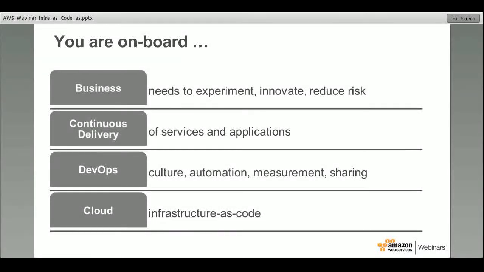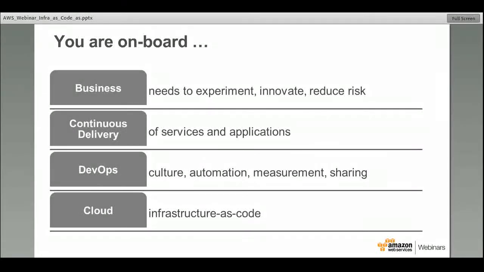Chances are you are in a business that needs to differentiate itself, and the way you differentiate is by experimenting and innovating. While you are innovating, while you are putting new features out there or new solutions for your customers, you also want to reduce the risk in that experiment. That is, if something doesn't work, you want to be able to quickly take it down, or if something works, you want to quickly double down on it. And continuous delivery is a way to support that.